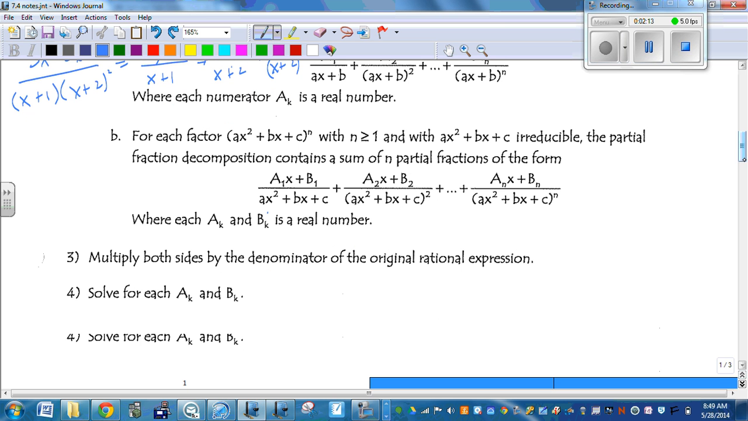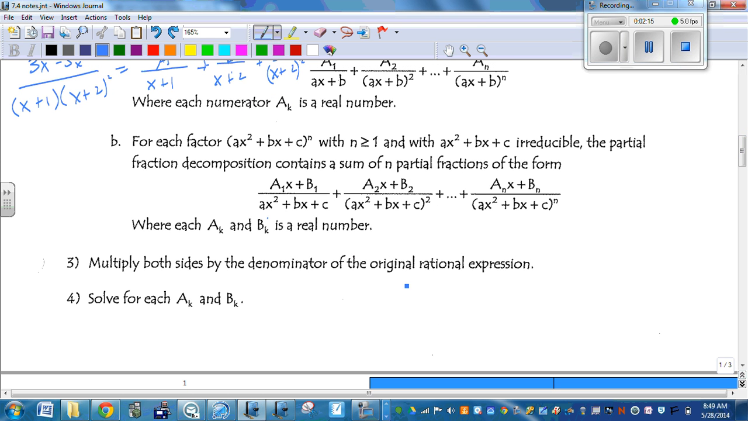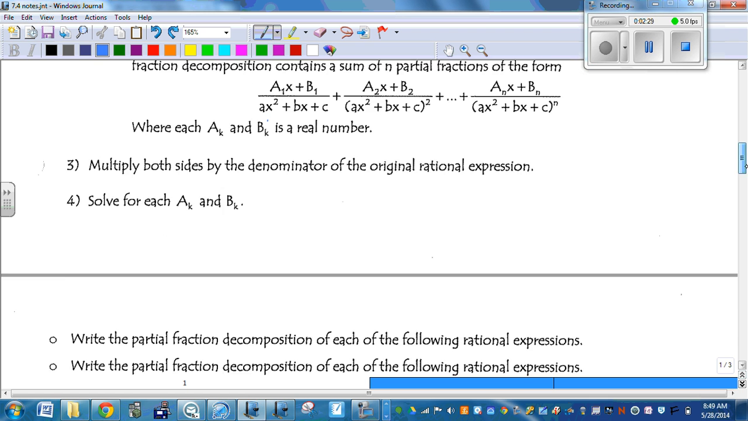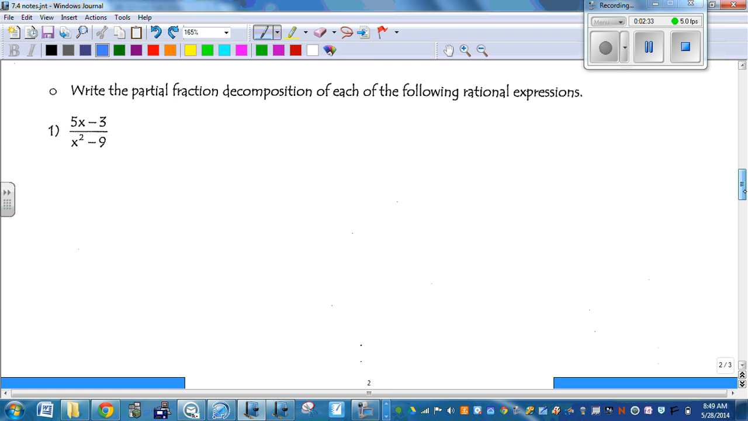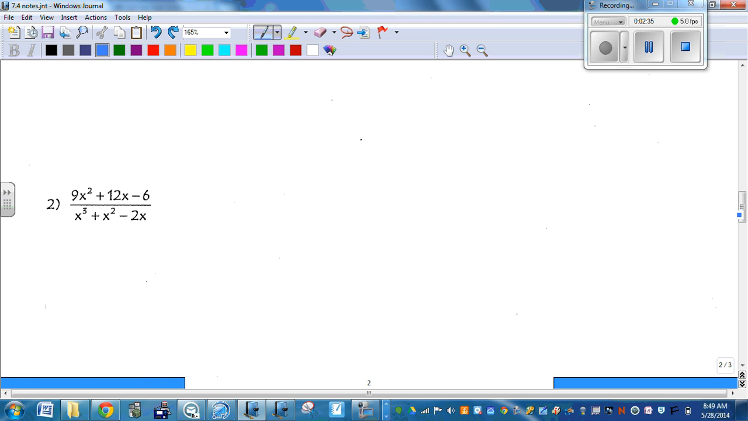And then third step is to multiply both sides by that common denominator, which is just the original denominator that's all factored out. And then we solve for our variables. So you'll see once we get started, it's not as complicated as the steps may make it look to be. Just a lot of algebra for the most part. So let's take a look